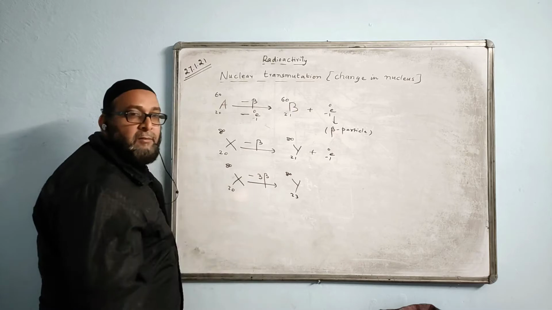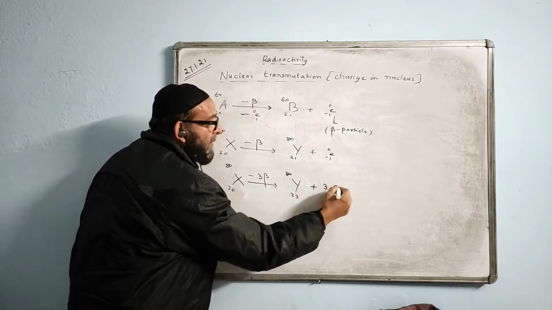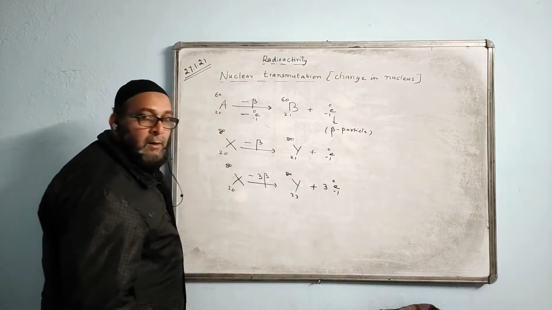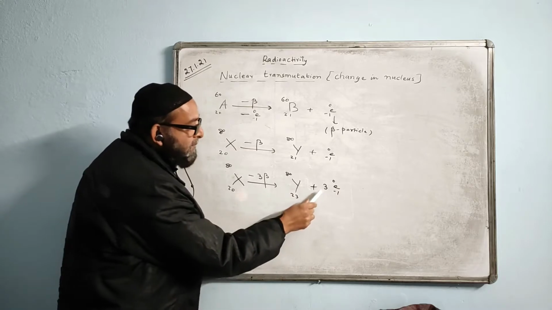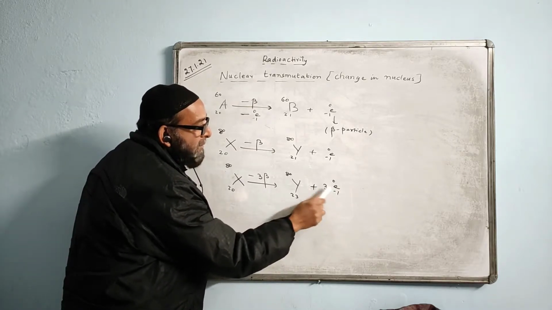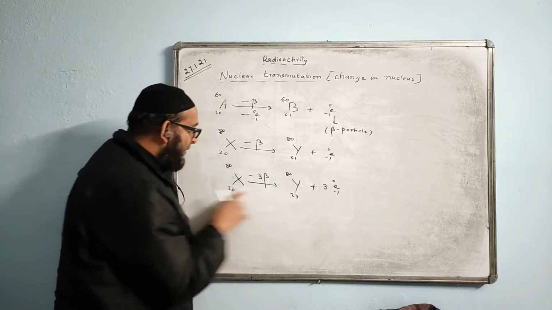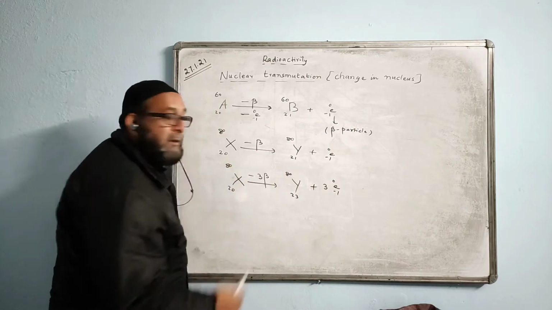Mass number does not change where the beta particle is emitted. And here we will be writing plus 3 beta particles, meaning minus 1, 0. And now you can check whether what you have written is right or wrong. 3 into minus 1 is actually minus 3. Then 23 minus 3 becomes 20. 3 zeros are 0. 0 plus 80 becomes 80.